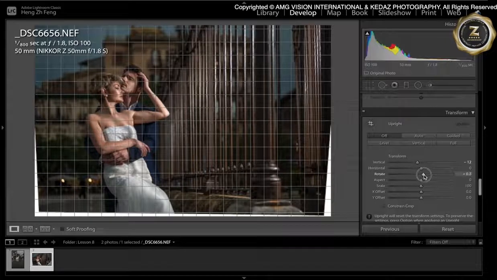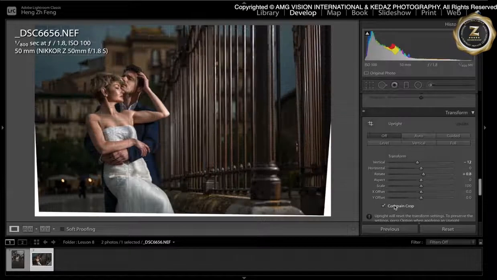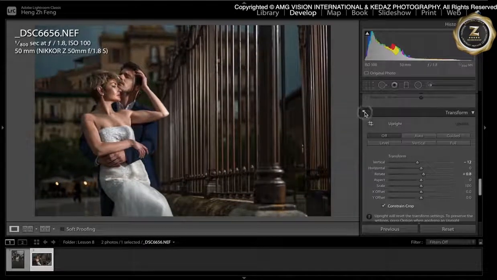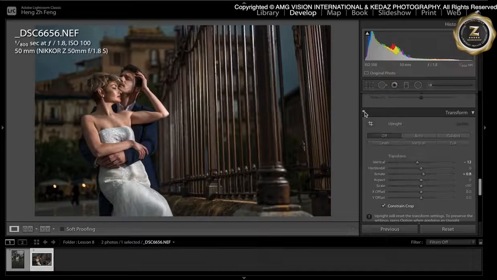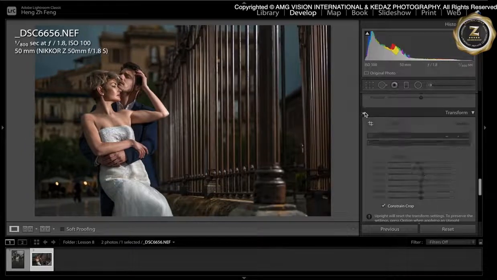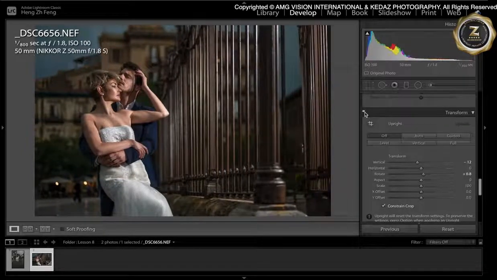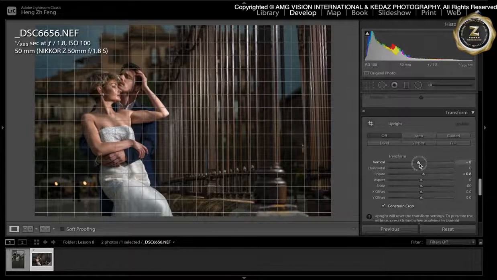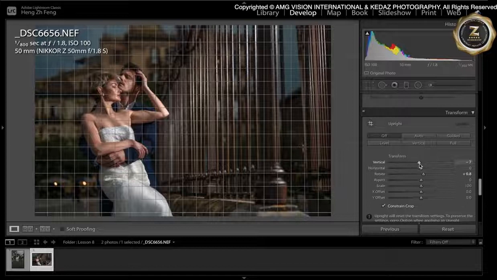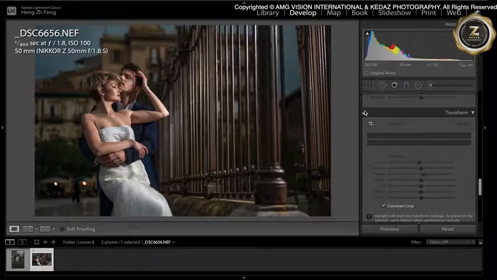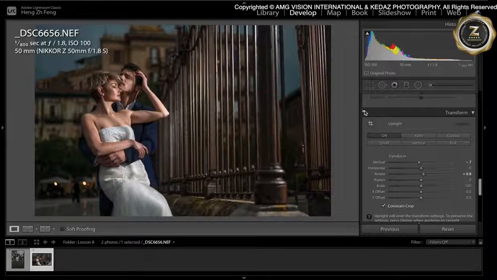Alright, okay, you can see before after. Okay, so we make the vertical line, straighten the line. Okay, I think that this one is too much. Okay, good. Yeah, we straighten the line here. Okay, so go to the next one,